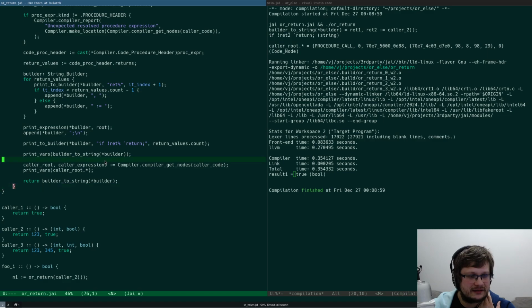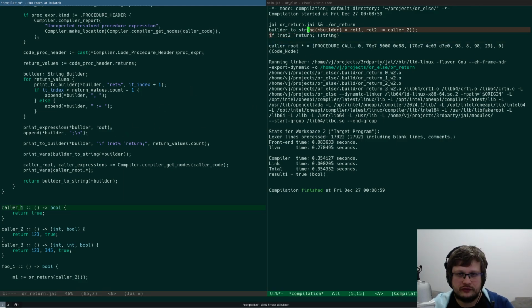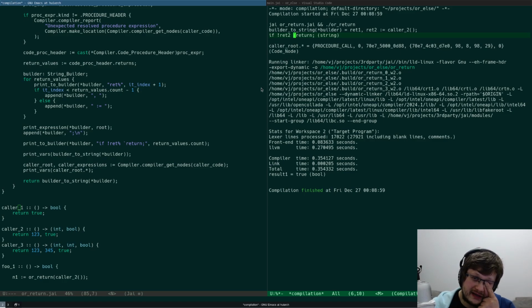It's incomplete. If not return 2, then we need to like return the outer thing, but otherwise we need to, this is actually an interesting one.